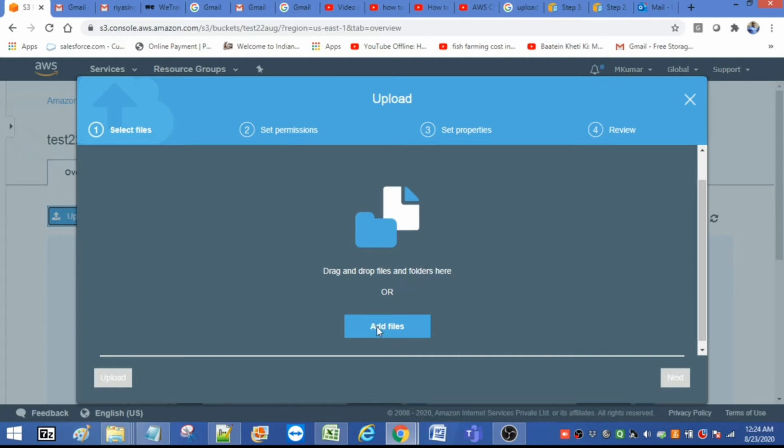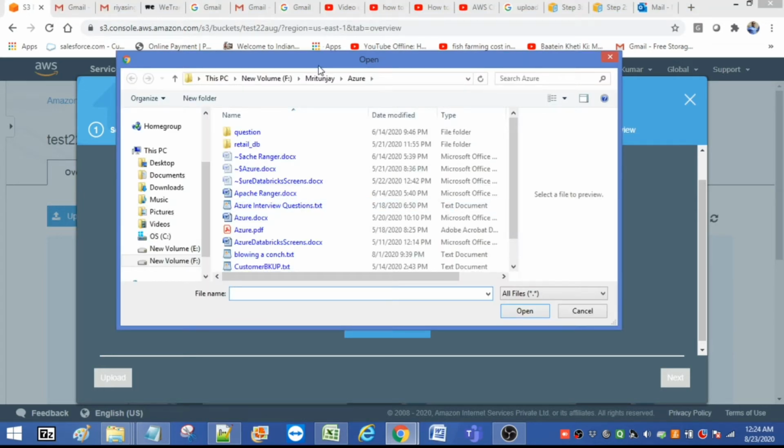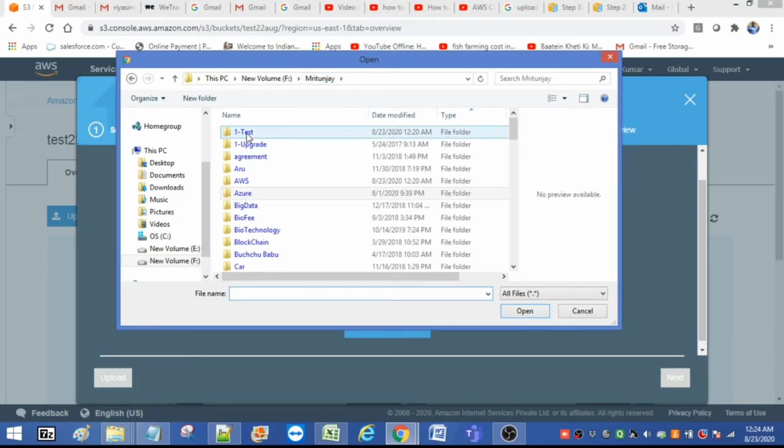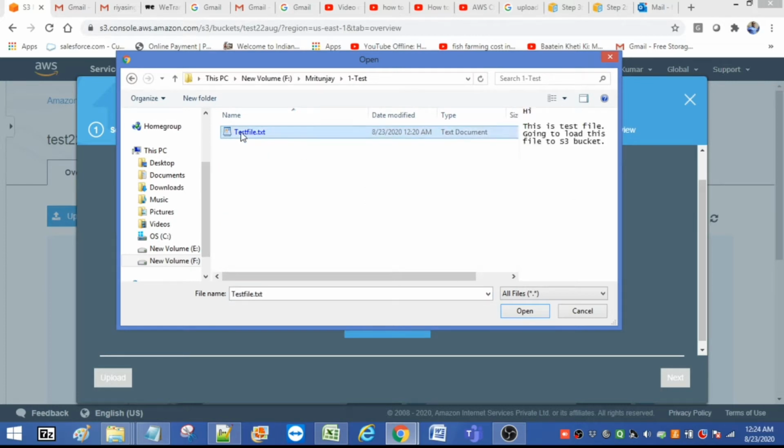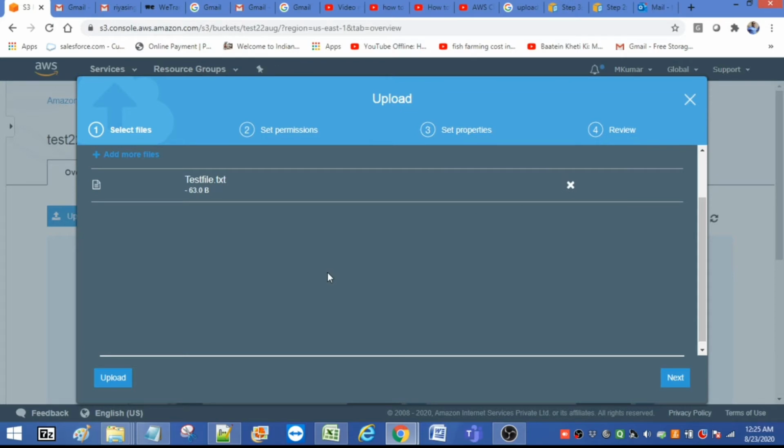Let me click add files. Let me select this test file. Now the file is selected.